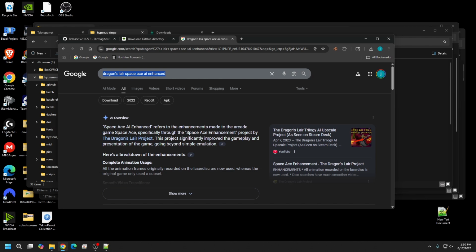But you want to go to that link. It's going to be a forum style website. So you just want to scroll down. You'll start seeing pictures of Dragon's Lair, Space Ace, and a bunch of other things. You're going to keep on scrolling down until you start seeing a bunch of download links. The download links will link to Mega links. And the one specifically that I'm using for this video is going to be the 1080p